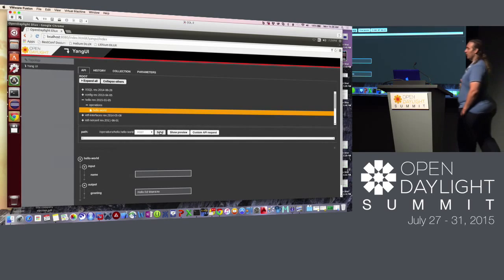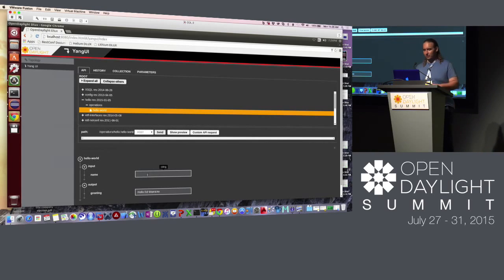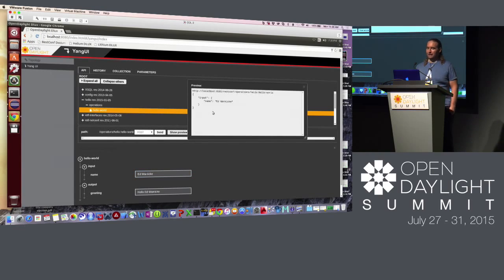And there's actually one other really cool thing that it does, which is it will give you a preview of exactly what was sent to REST. It will show you the URL. It will show you the input that went into it, completely filled out with what I put in the input box down here. If I come down here and I change it to John